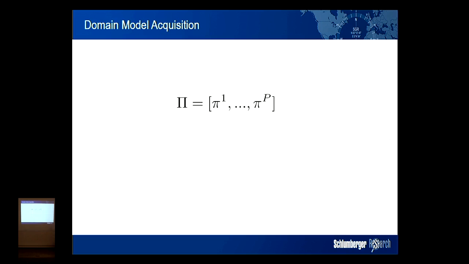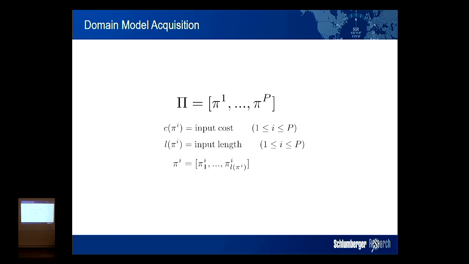Okay, so I'm going to describe the constraint model that we use to derive these action costs. But I just need a bit of background terminology. So the input to the system is a set of plans, pi 1 to pi p. We define C and L of a plan, and that's the input cost of the whole plan, of all the actions in the plan, and L is the length of that plan.